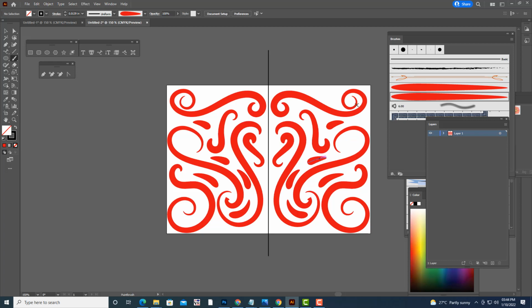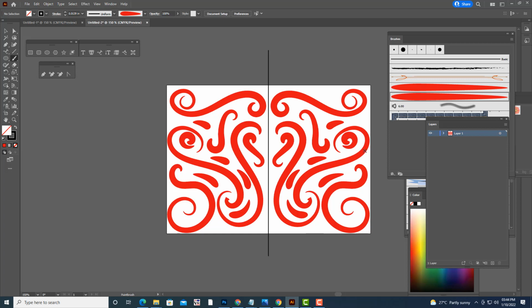See. So whenever I am painting on this side, automatically duplicates are appearing on the opposite side. So actually you can create a lot of nice designs.